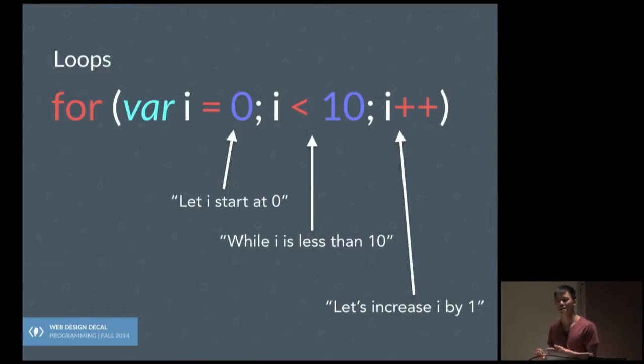And what this is saying is that while the value that i has is less than 10, I'm going to increment the value of i by 1 each time. And so every time, if you imagine that there's code underneath this for loop, basically it'll execute that code, and then it'll increase i by 1. And then it'll execute that code again and increase i by 1. Oh, and every time it checks if i is still less than 10.